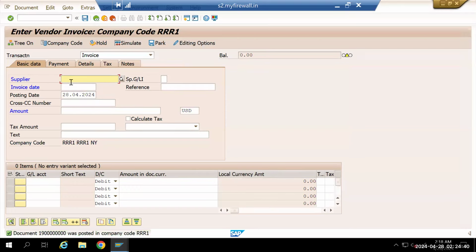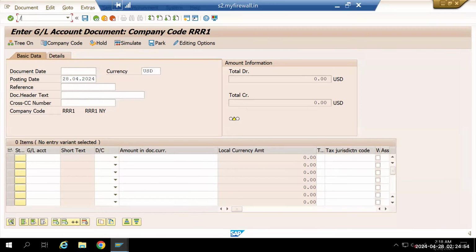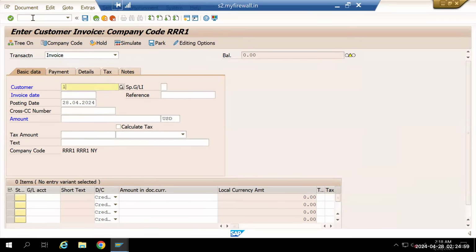Let's put an entry for the customer. Slash n FB50, slash n FB70 is the customer transaction where we are going to post. The customer is one. So we'll copy the same entries here also. IBM service. So some service related to IBM is being charged, and here we'll put it as 16,000